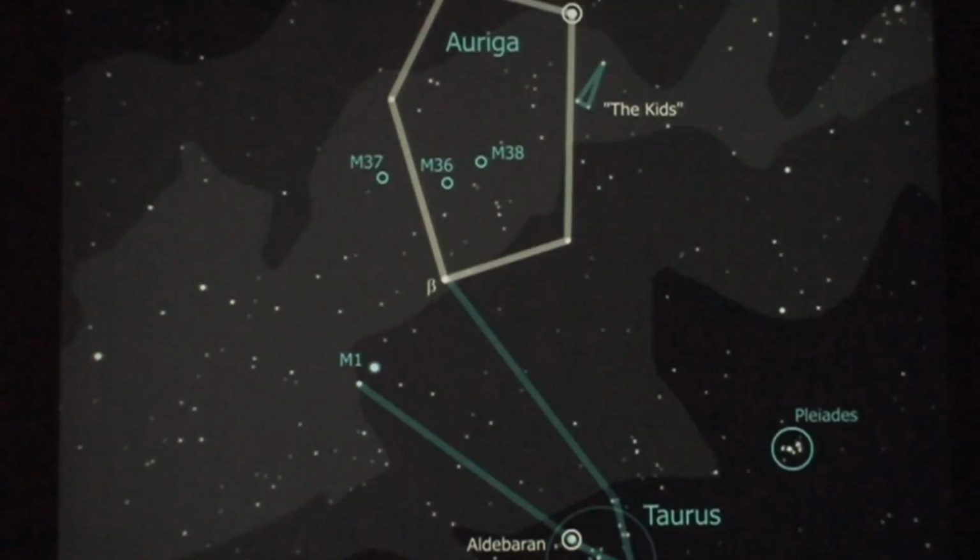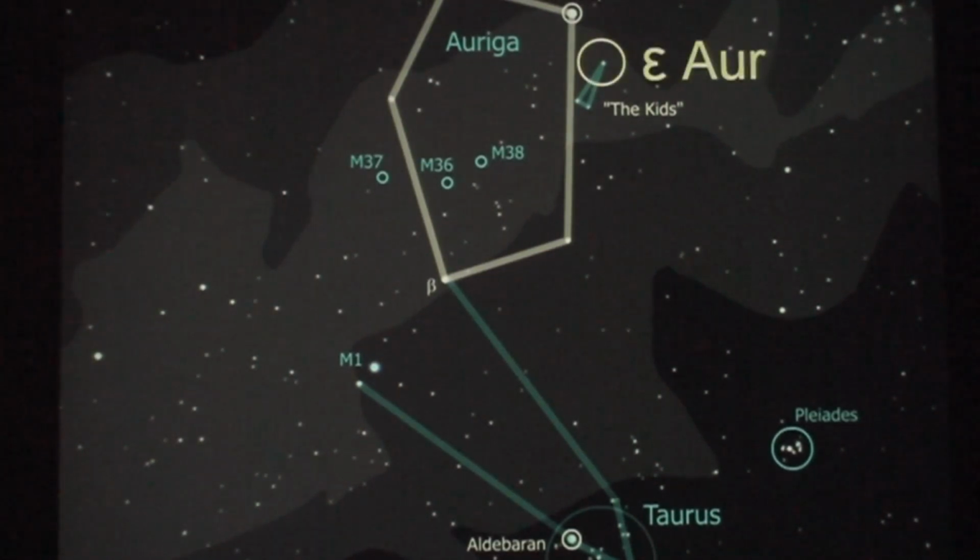Next, please. So here it is, schematically. It's 3 degrees to the right of the 6th brightest star in the sky, which is Capella, and it never sets. Next, please. It forms the apex of an isosceles triangle. It's a group of stars called the Kids. That's the next slide.